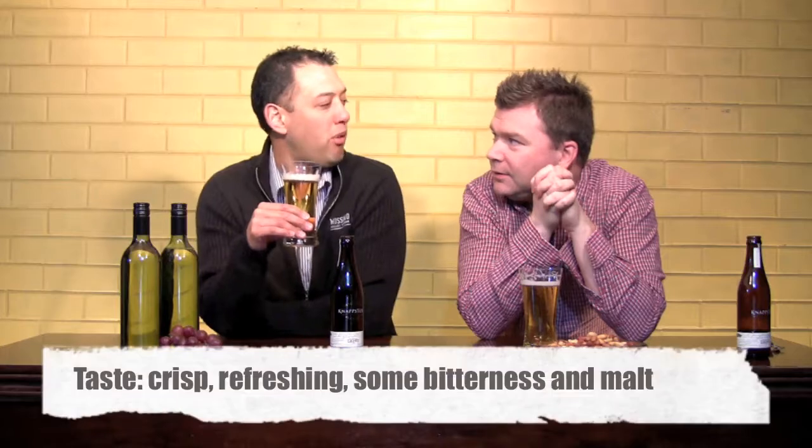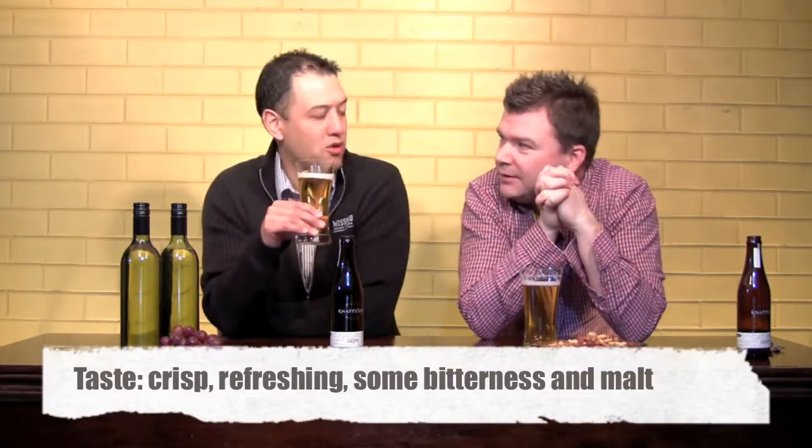I've been having a few sips, and like the smell would suggest, it's a very crisp, clean, but fruity type of taste. Yeah, it hits you all in one go. You've got a whole combination: sweet, fruitiness, and also bitterness. There's quite a bit of aftertaste bitterness, but it's a very crisp, very refreshing beer. And also very malty, I guess. The malt is almost a crispy kind of malty taste. I keep using the word crispy, but it is